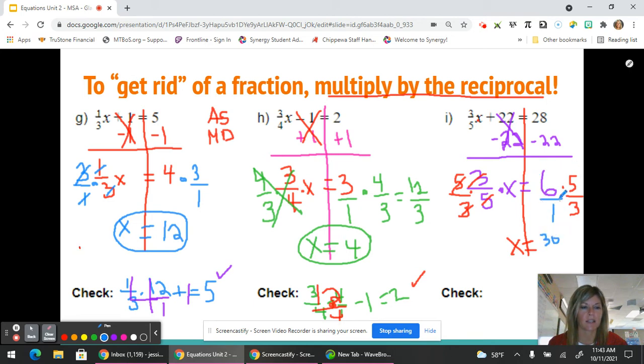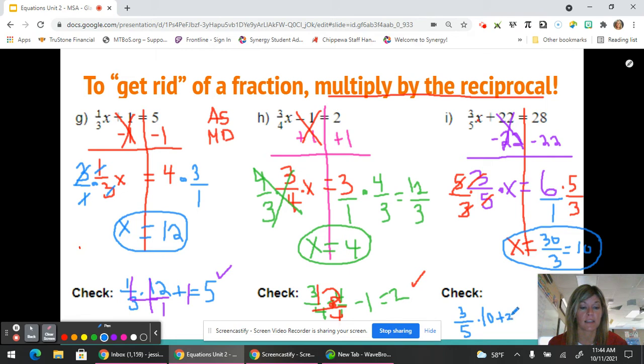And my denominator, 1 times 3 is 3. Let's go ahead and simplify that. 30 divided by 3, you got it, turns out to be a nice 10. So x equals 10. So here, if I double check that, 3/5 times 10 plus 22, let's see if I